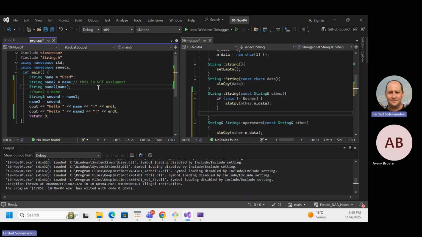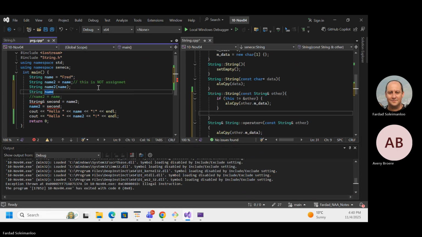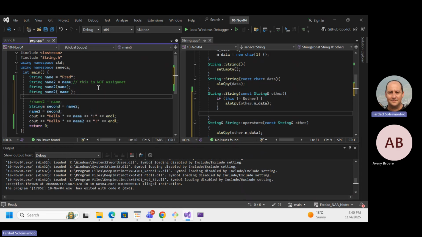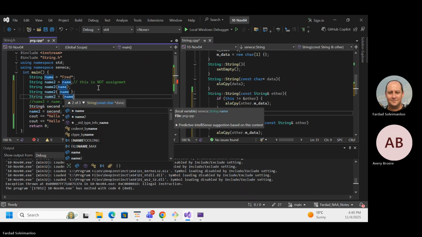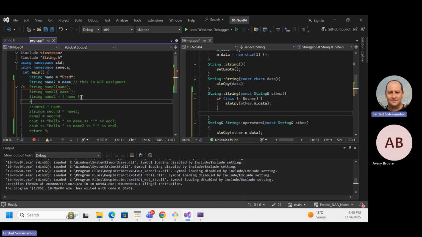Actually, let me write all the lines that you want to see. This line, and this line. These four lines are exactly the same. No difference. Again, somebody sat over there. When I do a comment, close it immediately. Okay, there we go. So these four lines are exactly the same. Okay?